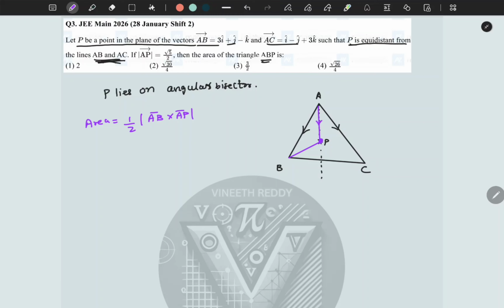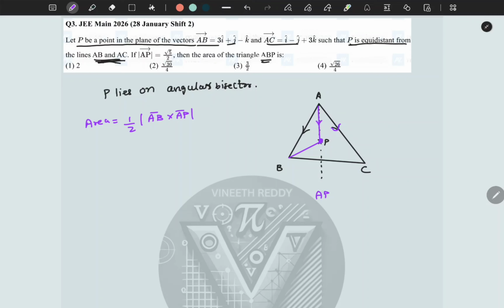Acha. Either we can find vector AP. If I can find vector AP, then the question can be done. Vector AP can be found. This is the internal angular bisector. How do we find vector AP? So that will be find the unit vector along AB and find the unit vector along AC. Add them, right? So AP will be lambda times